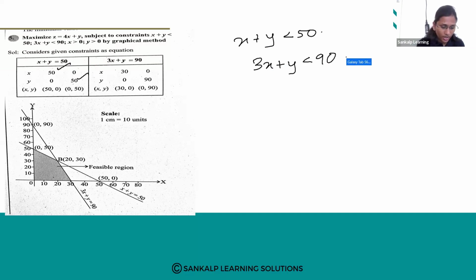Next, maximize 4x plus y subjected to the constraint x plus y less than 50. ಈಗ x 50 ಆಗುತ್ತೆ, y 50 ಆಗುತ್ತೆ, towards the origin ಬರುತ್ತೆ of course. Next is 3x plus y less than 90. ಇದನ್ನ equate to 90 ಮಾಡ್ಕೊಂಡ್ರೆ x 30 ಬಂತು y 90 ಬಂತು since it is less than towards the origin ಬರುತ್ತೆ ಹೌದಾ